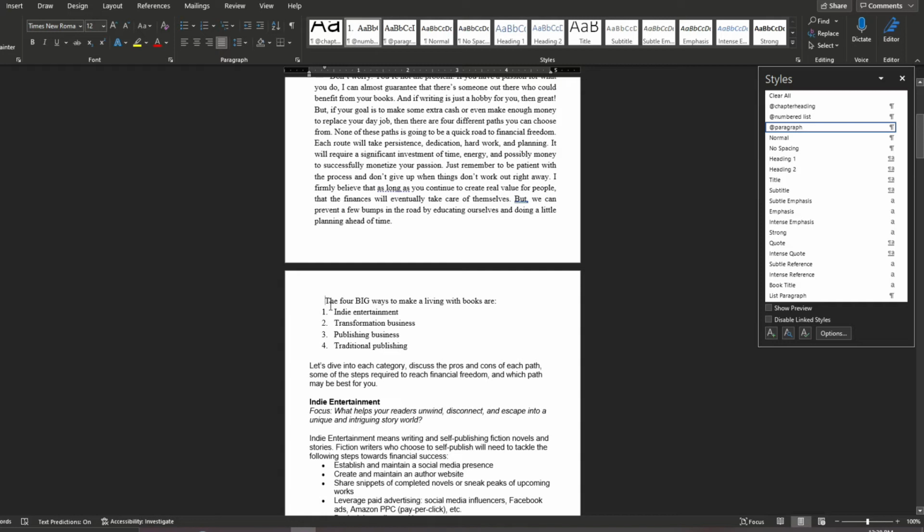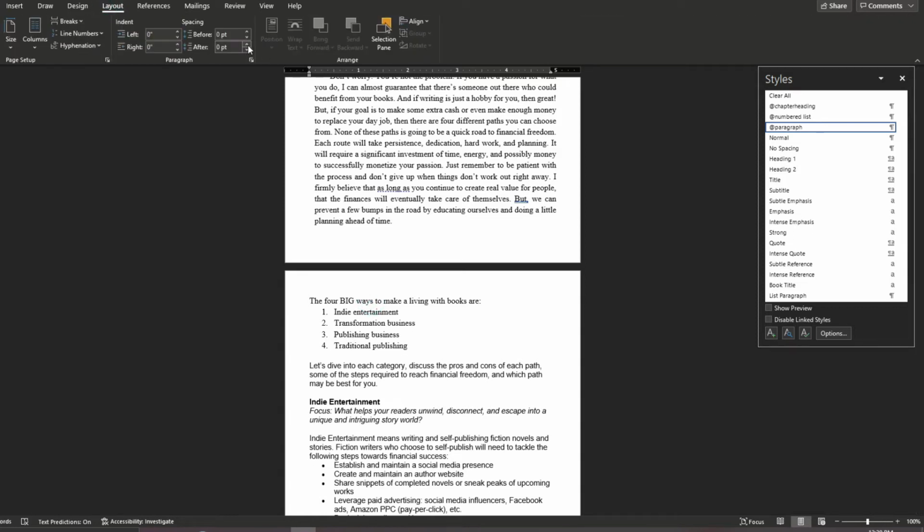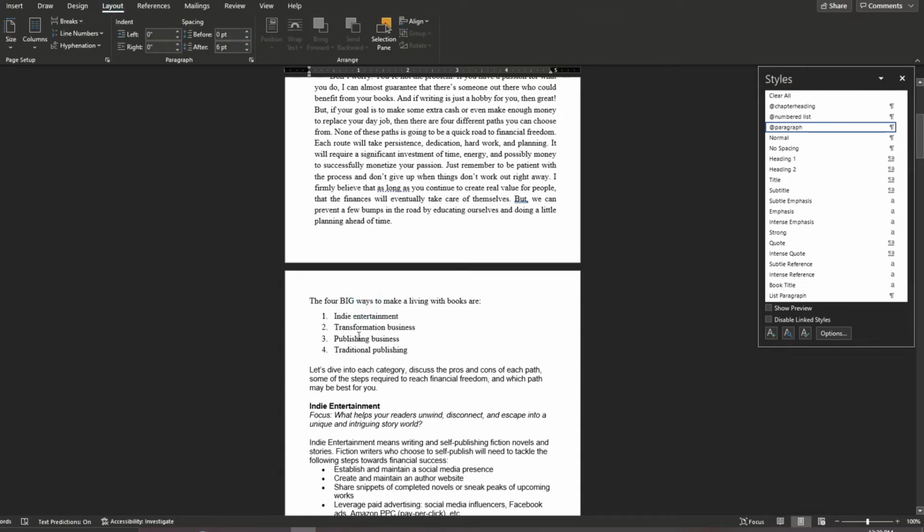So if this is a full paragraph, then you're not going to run into this issue, but if I have just a little subheading, in a sense, right before or an introduction before my numbered list, then I don't want to have that indent there. So usually I'll create a new style for this section. For now, for the sake of time, I'm just going to take away the indent and leave it as is, okay? And let's go ahead and create a space after this to create a little bit of space before our